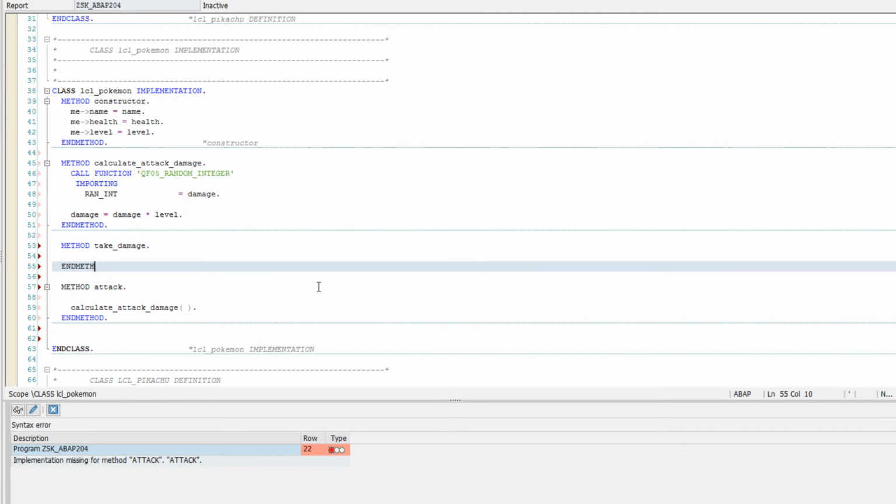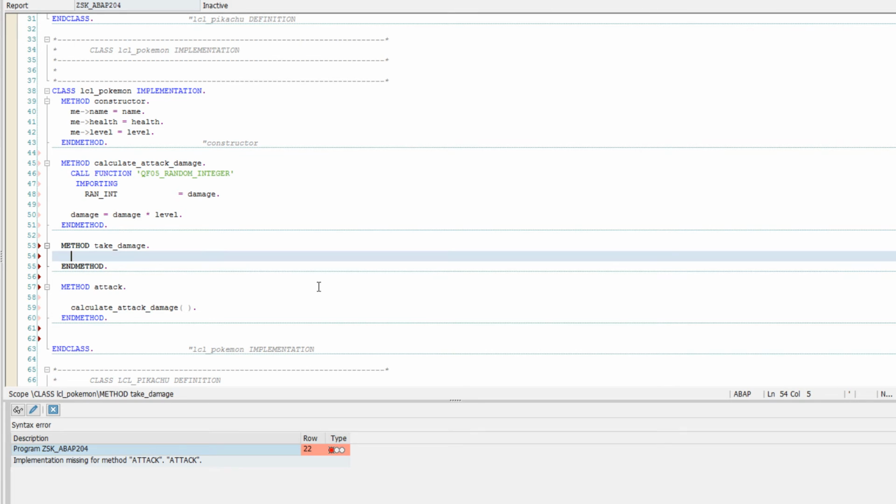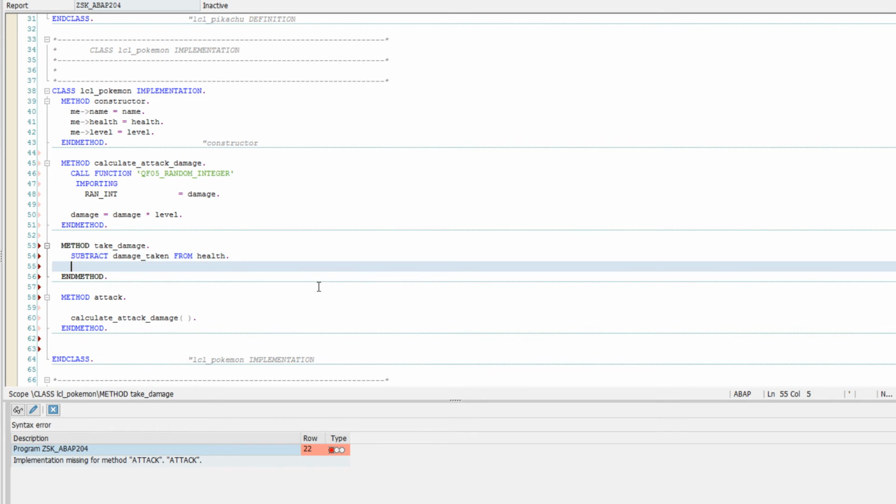And what is going to happen here? Well, if I am taking damage, the math is pretty simple. Just subtract the damage taken from my health. You could use some setters and getters here for your health attributes. You should, but I'm not going to do that right now. And this pretty much sums up the take damage purpose, but